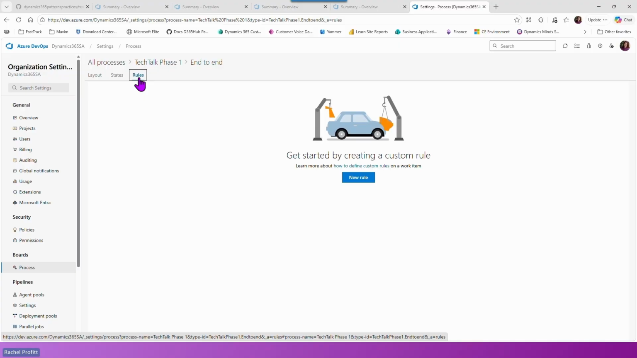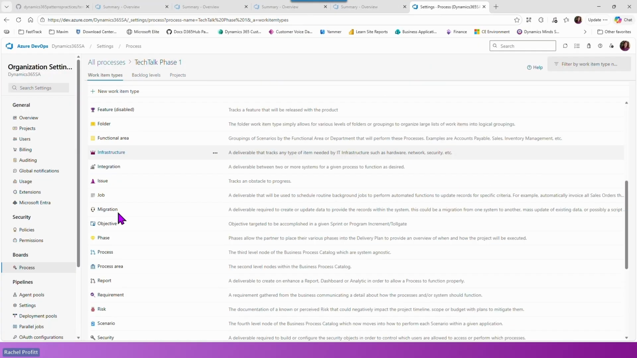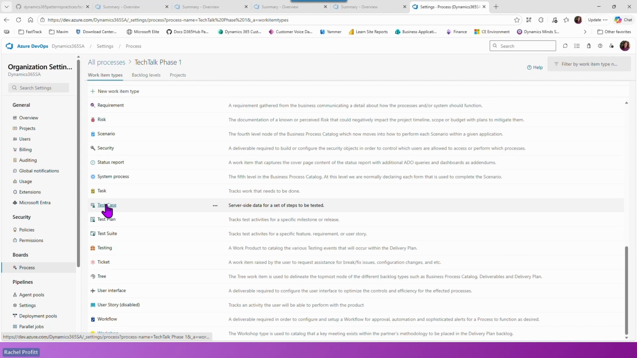We have documented, like I said, in the Excel spreadsheet, I kind of showed some of those columns. We have documented some rules, but those rules are not configured for you automatically. So if you want to create those, you have to do it here. One thing that I do want to call out is if we go down to the test case work item,